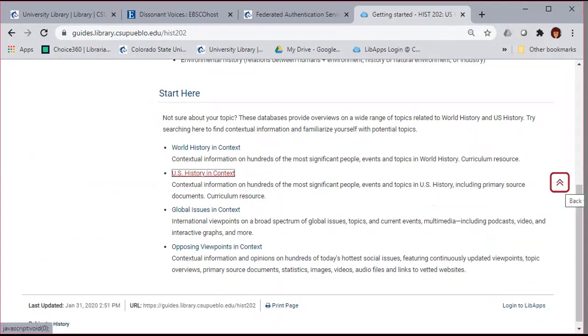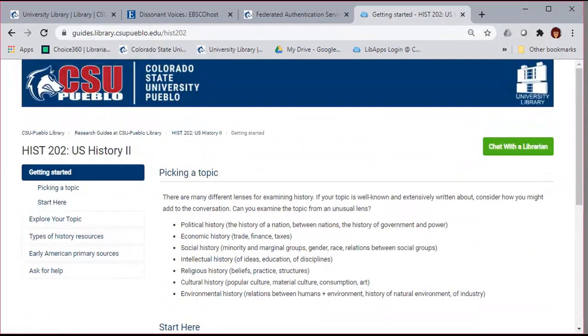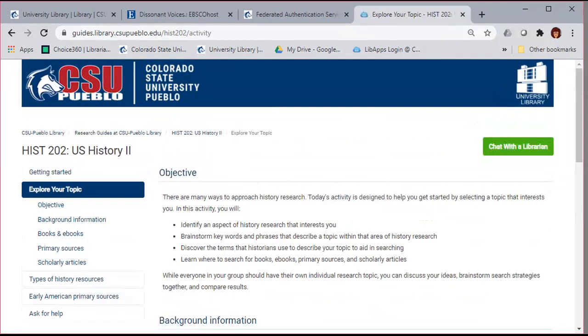I'm going to go back to the top of the page. Once you've picked your topic, you're going to want to explore your topic. This tab is going to take you to a page that will help you get to the objective of getting to identify a topic, find the right keywords, find the other terms that historians are using to talk about your